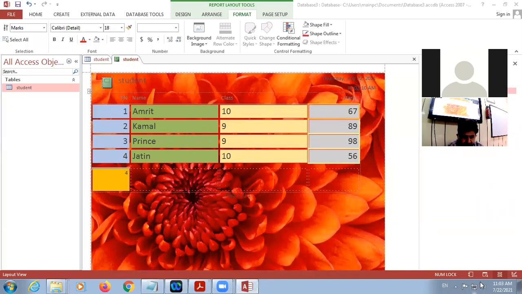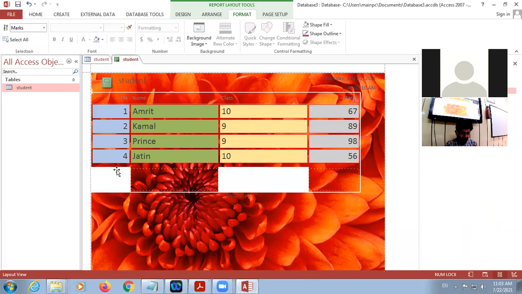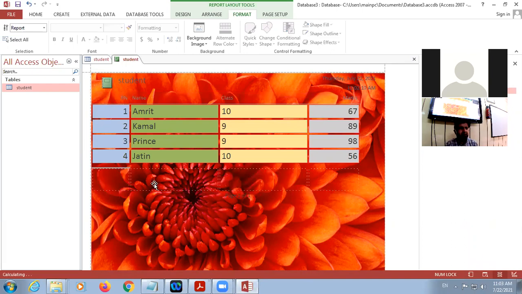Sir, my doubt was whether this yellow colored box that is appearing can be removed in this application. Yes, you can remove this, beta. Select this and press the delete key. It will be deleted. Okay sir, thank you sir. You can set the components according to your requirement. There is no fixed rule regarding that.